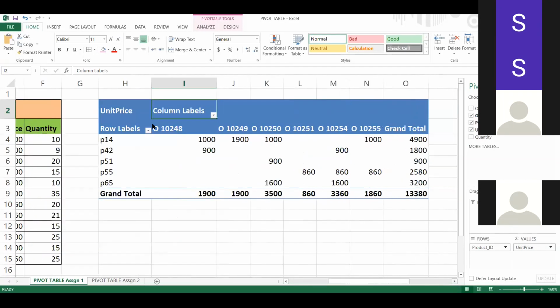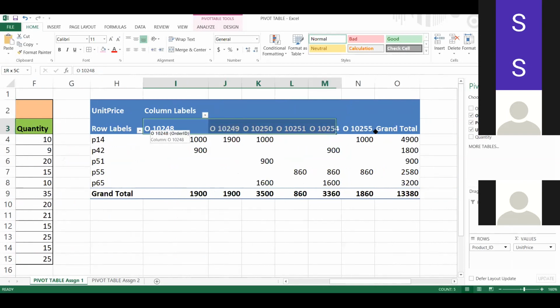All the order IDs will be shown to me as columns and products as rows, and the intersection of them will be shown to me. For product P14, order ID 10248, this is the unit price. Similarly for others. It should be in a summarized manner and tell me the correct values.